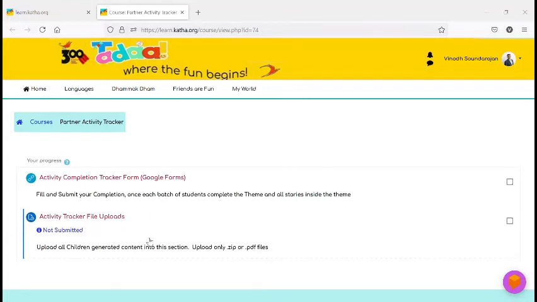Once you finish this, you will click on next, and that will take you to a second page depending on which module you have selected. So in the second page you will have the different activities, TADA activities inside the module. So you will just have to go select. It's a checkbox. You'll have to select the ones that you have already completed on that particular day and submit.